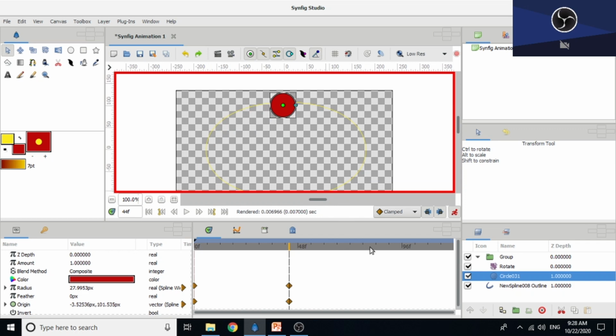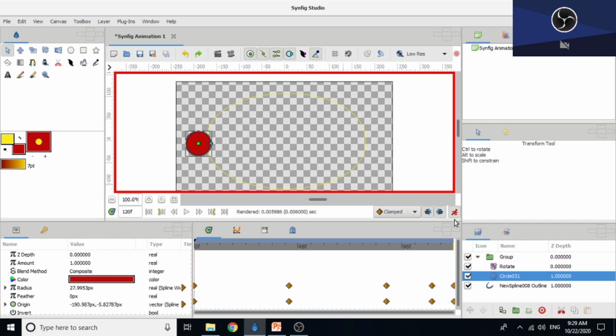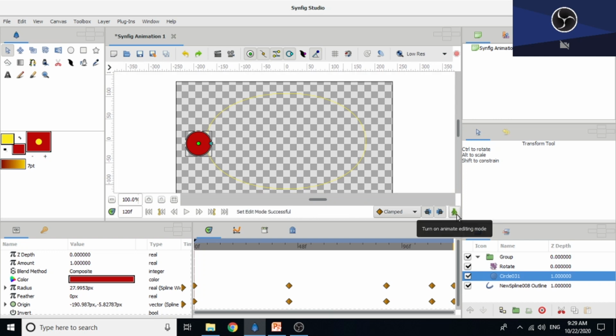This is the interpolation sign. Now click on any other frame, then change the position of the circle. At last, put the circle on the starting position. Now turn animate editing mode off. So this has been recorded.